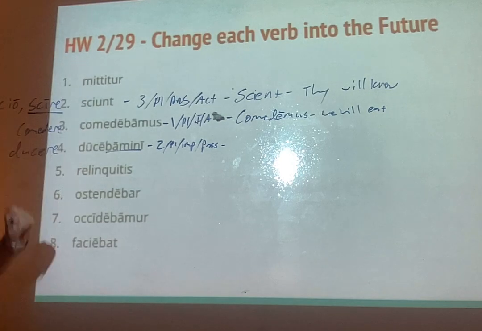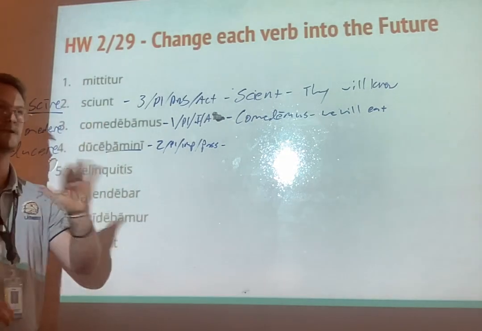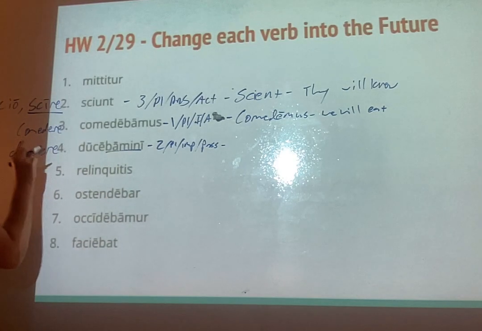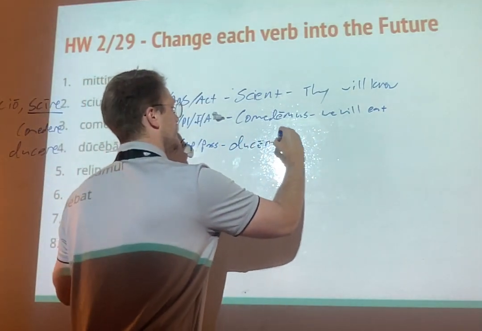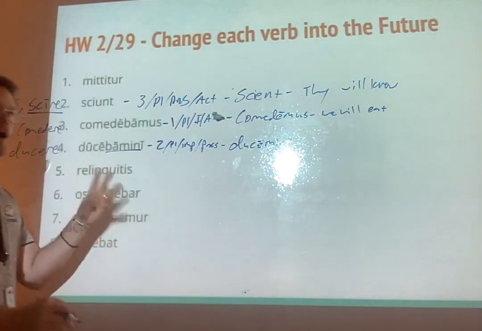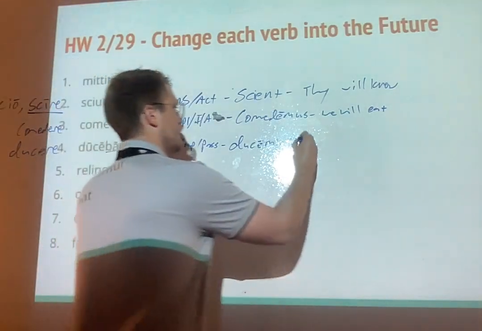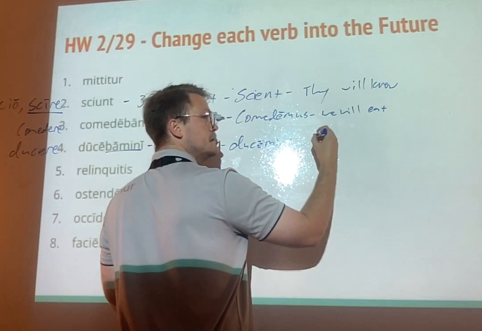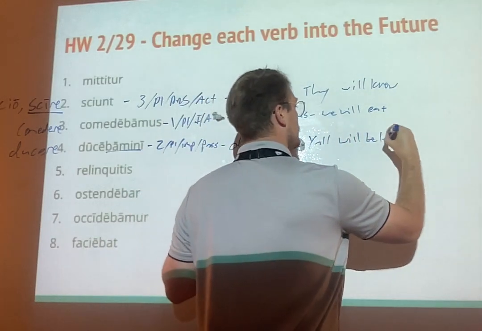If you give that second-to-last syllable's vowel a length, that means it's first or second conjugation. So you've got to be careful, because those don't take ēs, et, those take bō, bis, bit. This one takes ēs, et because it is third. So it's going to look like this: ducēmini. All right? ar, ēris, ētur, ēmur, ēmini, entur. That's its future. So how would this translate? Ducēmini. Y'all will be led. Good. Excellent.